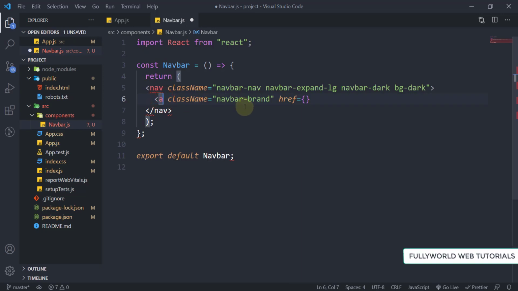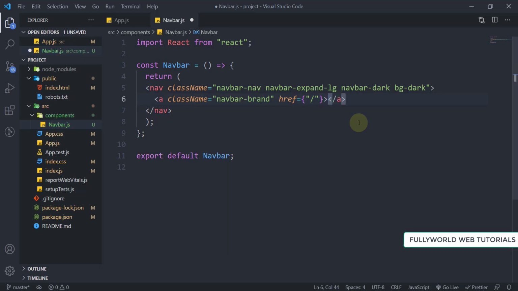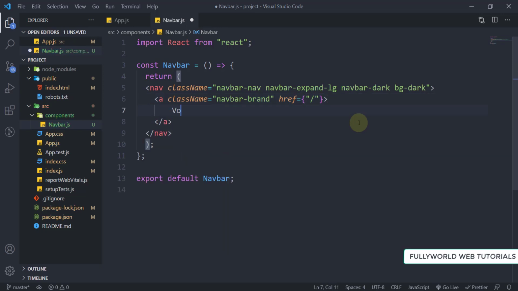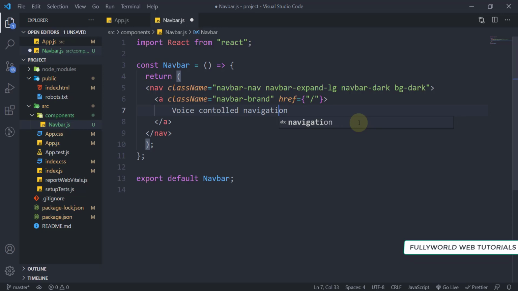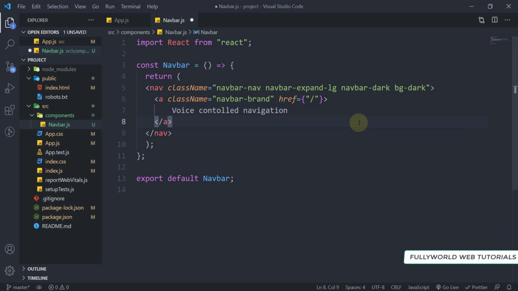So first of all let's do it simply here, and href is equal to slash here, and here will be our voice controlled navigation. First of all we will do this simply, and when we are going to set up our routes here, then we will change these anchor tags.